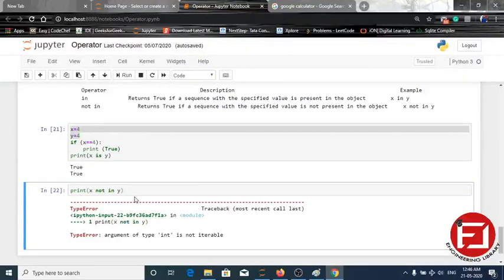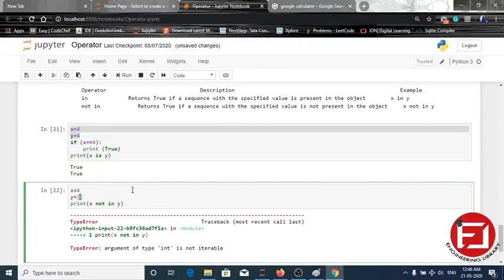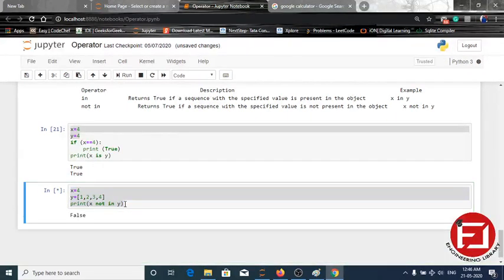Basically what I just need to do is this. If x is 4 and y we define as something like a list, just don't panic with the list, we are just comparing the values. Now we have to see whether 4 is in this list or not. So x, means 4, not in y; it is present, so it will obviously return false. But if we remove 4 from it, it will be true because 4 is not present in this.